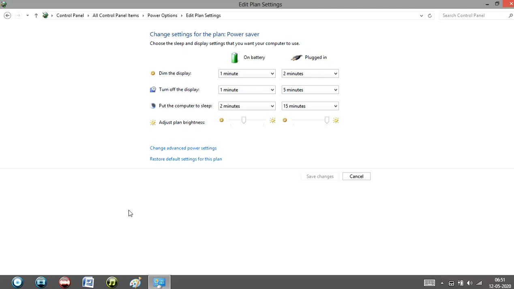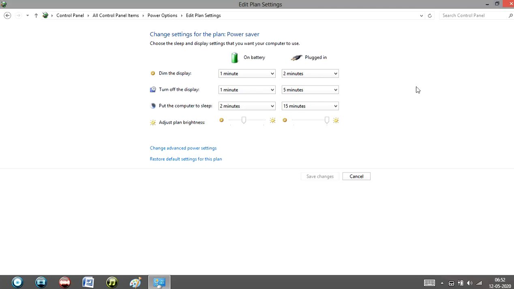What is the function of hybrid sleep? Hybrid sleep is a feature in which all our work and settings are stored in RAM and also in the hard disk. It means that because RAM is a volatile memory and all the things stored in RAM are temporary, whenever the power goes, all its contents are lost. That's why in hybrid sleep there is no chance of data loss, because the data is saved in both RAM and hard disk.